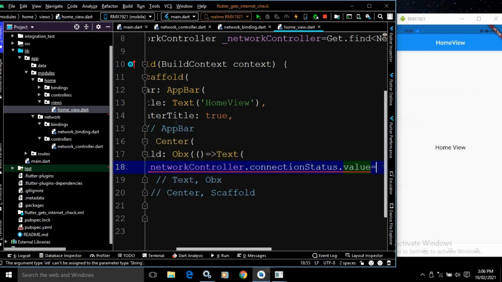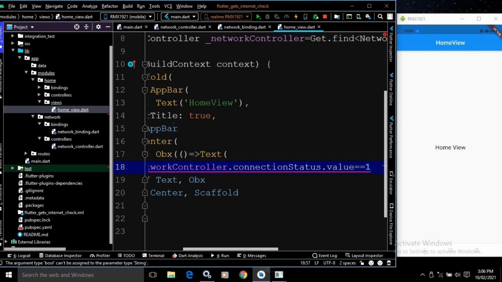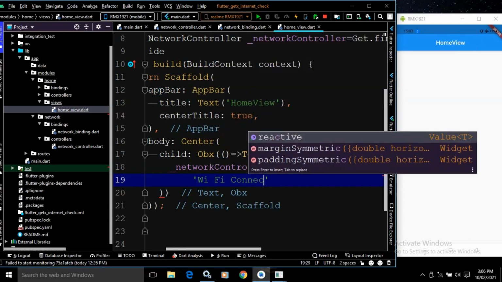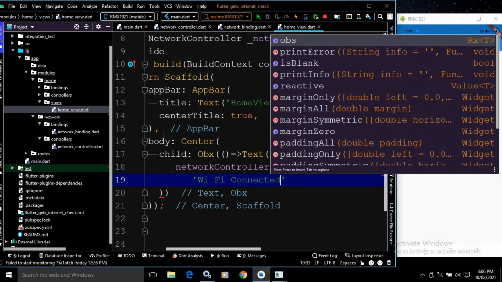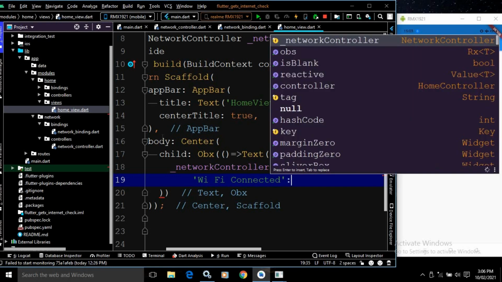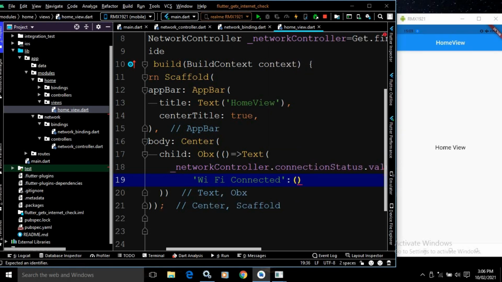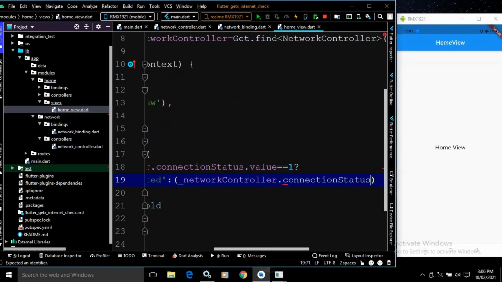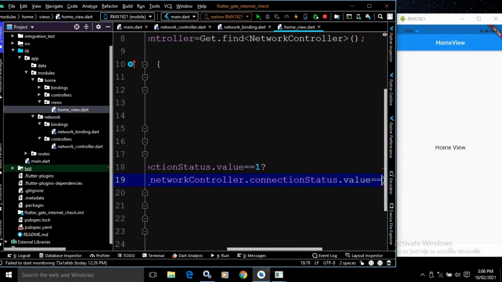If it is equal to 1, this means it is connected to Wi-Fi. So here I will use a ternary operator, and here I will write Wi-Fi connected. But if it is not 1, then I will check if network controller dot connection status dot value equals 2.